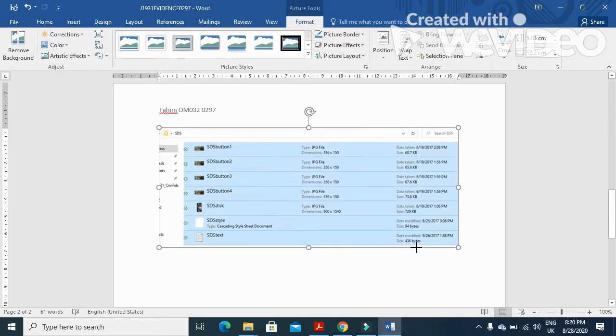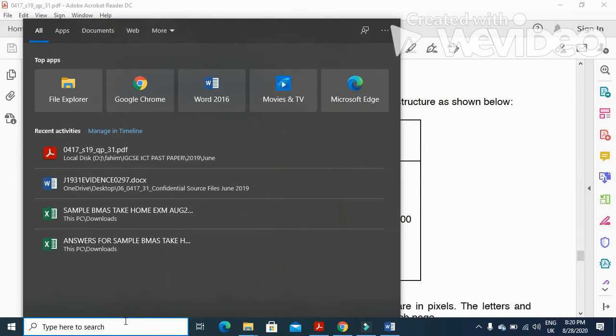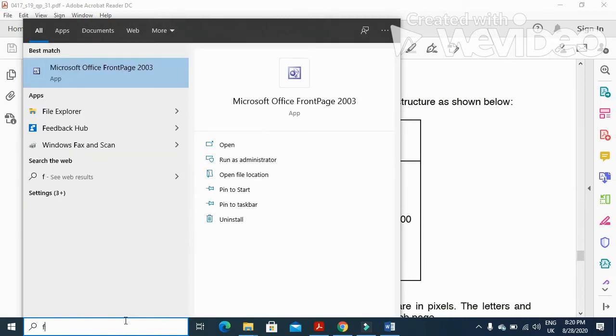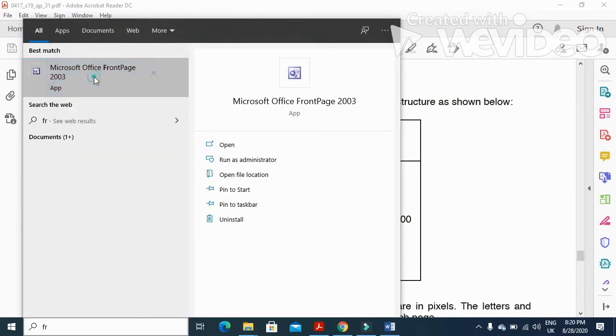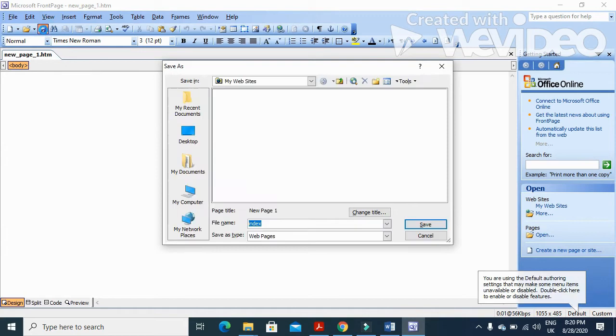So all the files with the dimensions. Then next step is step number 23. They said create a web page called sgs.htm. So I'm going to open here the FrontPage program and will create this web page. I will save this one as